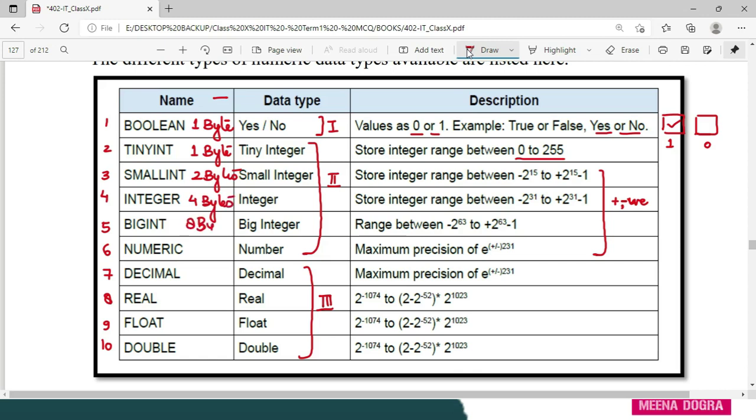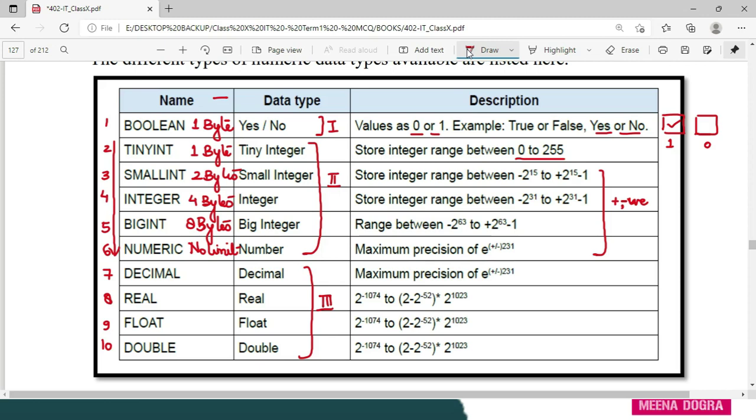So if you require a big number, fine, then you can go for big int. And if you require a small number up to 1 byte storage, you go for tiny. This is in increasing order of size. And numeric data type has no limit. Right? Numeric one has no limit. So this is how they are different from each other in terms of the memory storage they are offering. Fine.